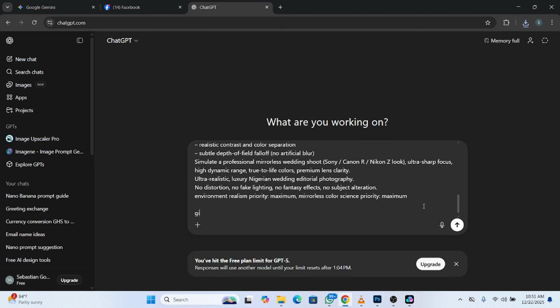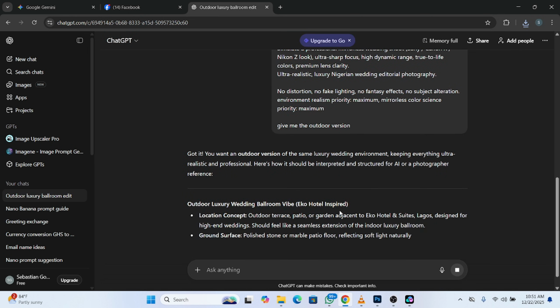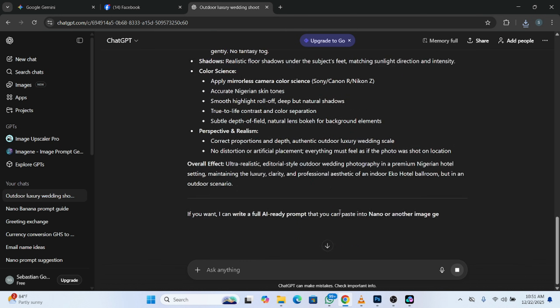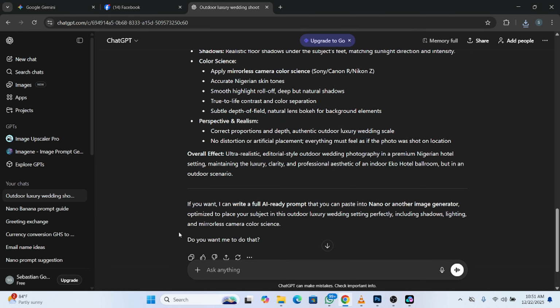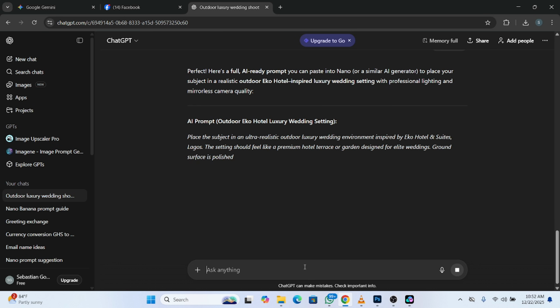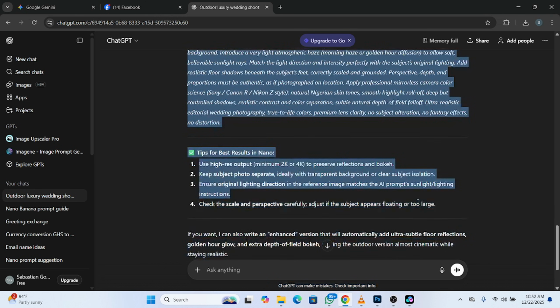give me the outdoor version. So it will analyze it and give us the one that will also work for an outdoor version, right? Okay, so it said if you want, I can write a full AI ready prompt that you paste into Nano Banana image generator. Okay, so please do. So give us a proper prompt we can copy. Okay, so to copy it up like this,